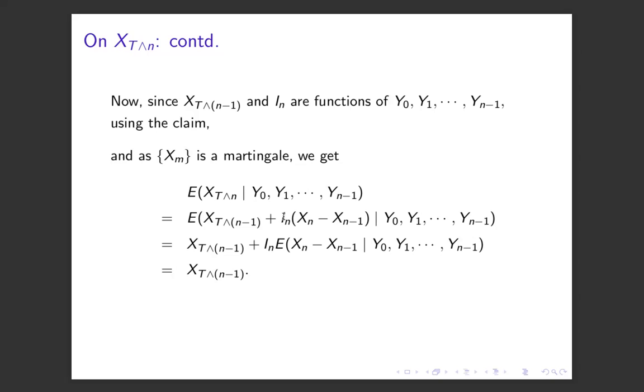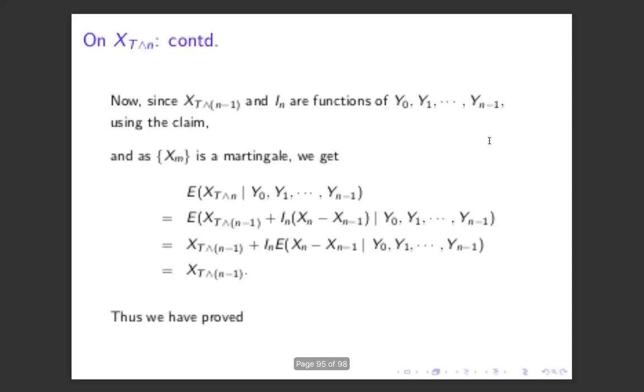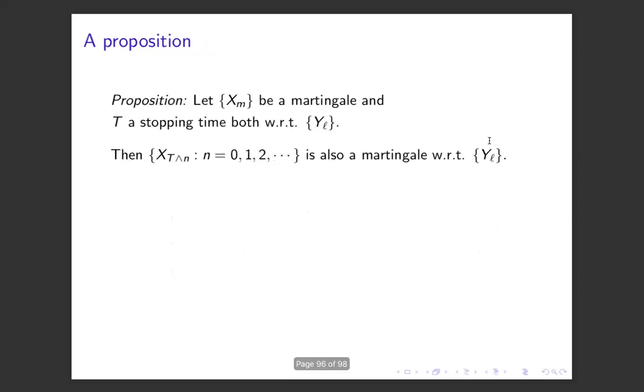And here, this thing is a function of these. So that comes out of that conditional expectation like a constant. Again, you can refer back to the properties of conditional expectation. And finally, you get this is equal to 0 because x n is a martingale. So we get again, verify that. So we have proved what we wanted to.